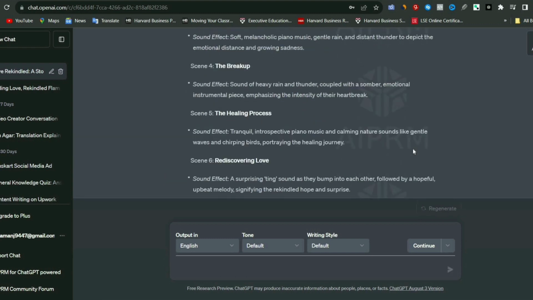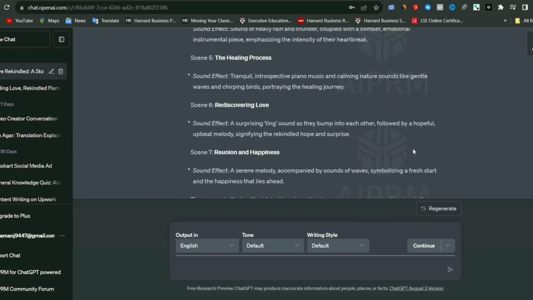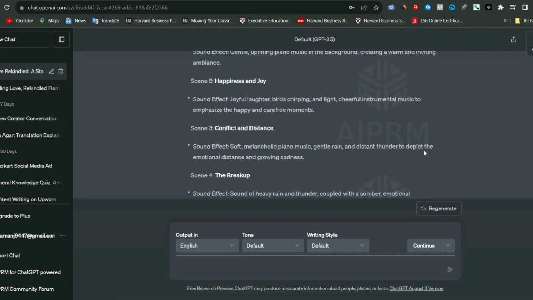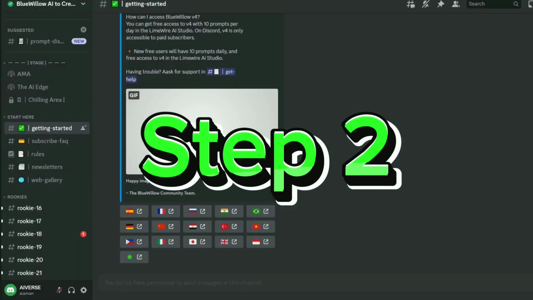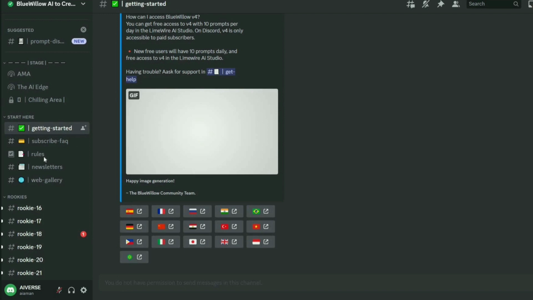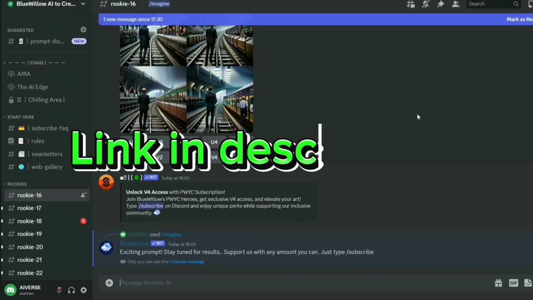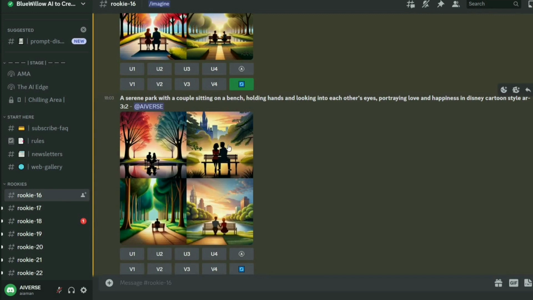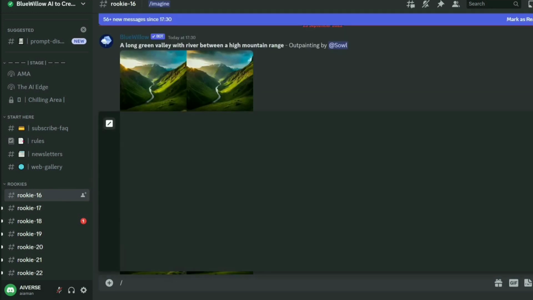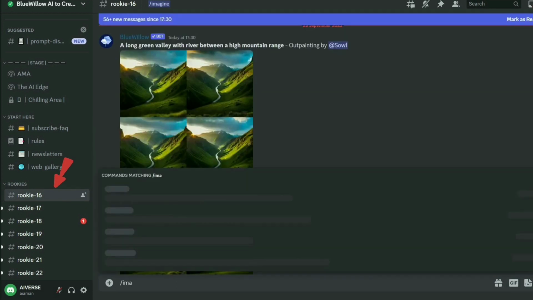Now, after each scene and the image idea have been generated from ChatGPT, we will move on to step 2, which is to generate images from text. For that, we will be using Bluewillow AI. If you want a detailed step-by-step tutorial on Bluewillow, you can refer to my previous video, which you will get in the description box and also in the I button above. Simply join the Discord server and head on to one of the rookie channels to get started with image